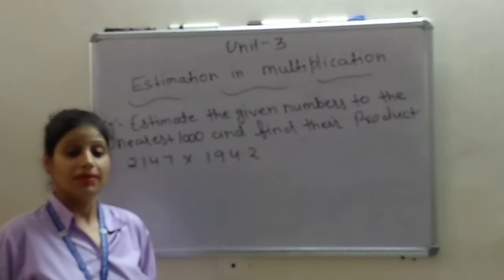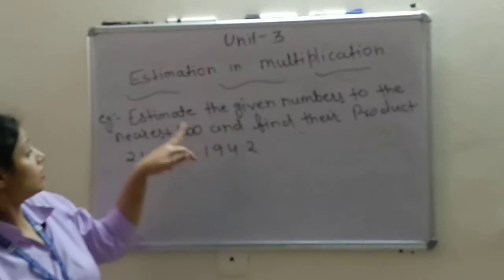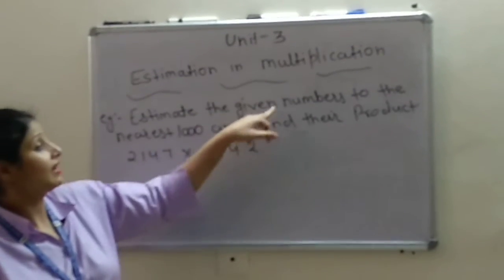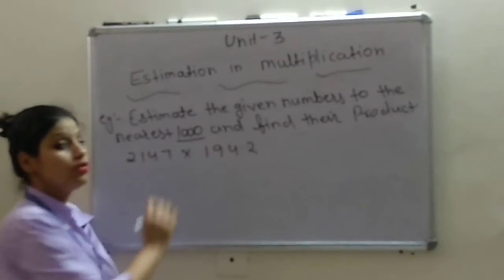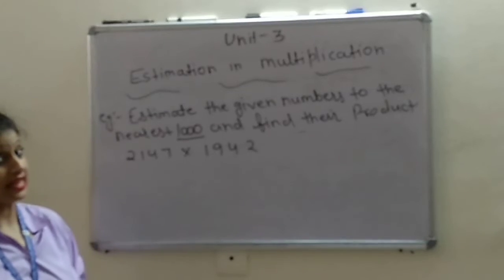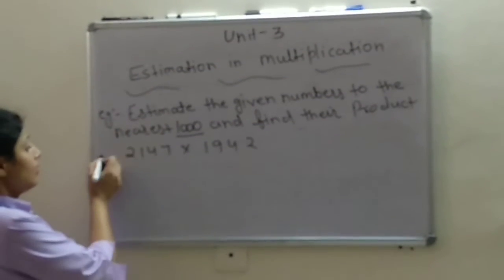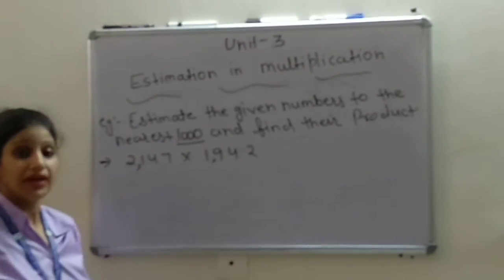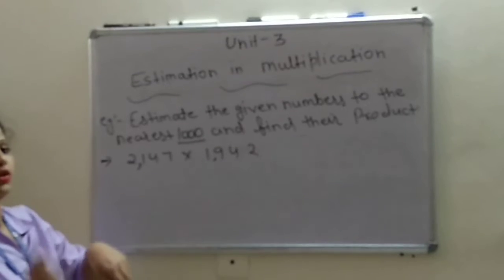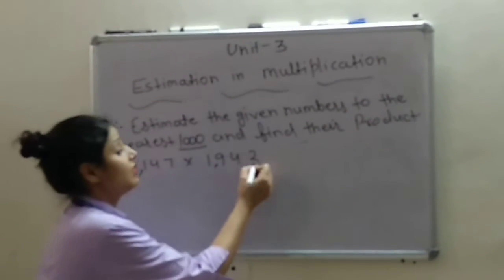Now, I am taking the next rounding off concept of multiplication. The question is, estimate the given numbers to the nearest 1000. This time we are going to round off the given numbers to the nearest 1000 and find their product. So, the numbers are 2147 and 1942. Now, children, remember when we were rounding off to the nearest 10, we were checking the ones